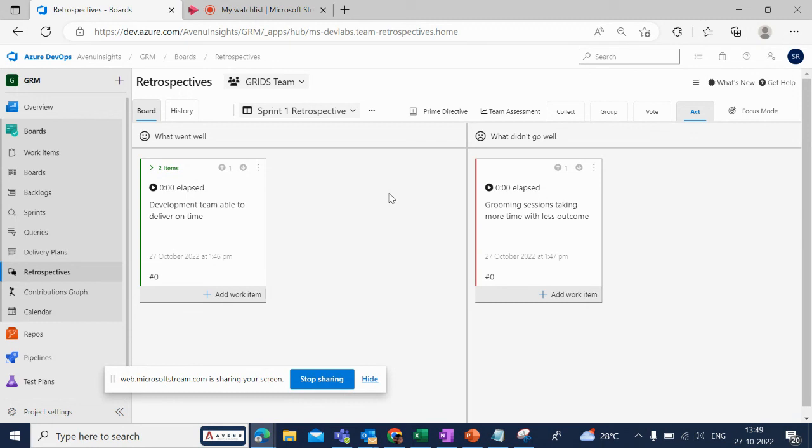You can get the team to vote on the topics which they think matter more for them, and most importantly, you can add to your sprint backlog directly and automatically, and you get to work on it based on prioritization. So I wish you guys try out this feature